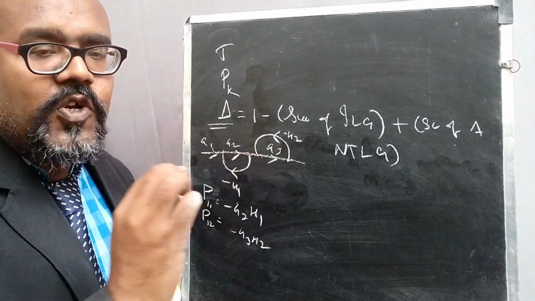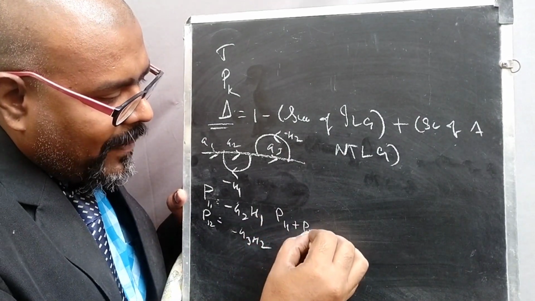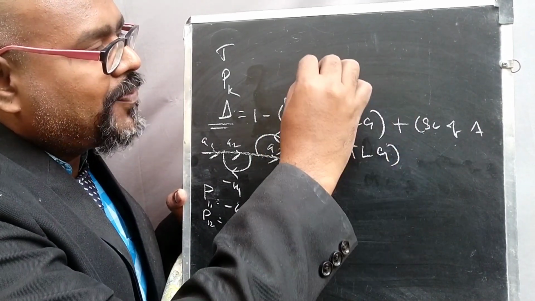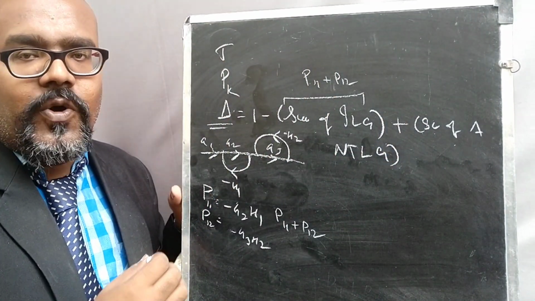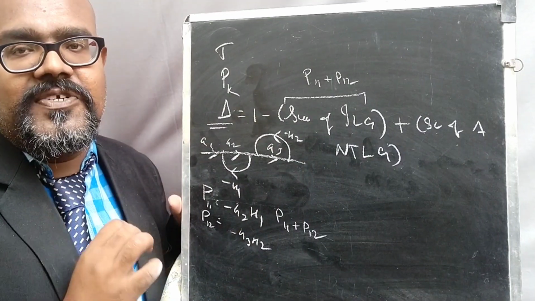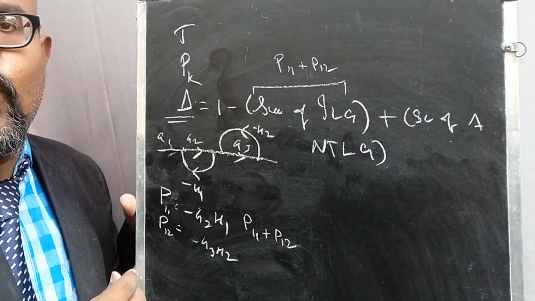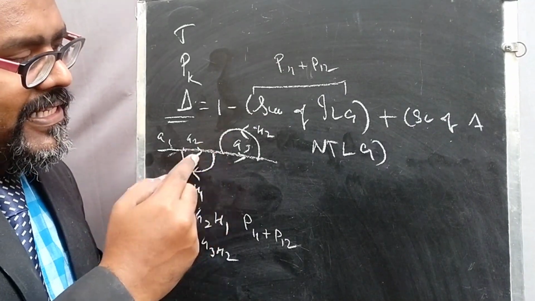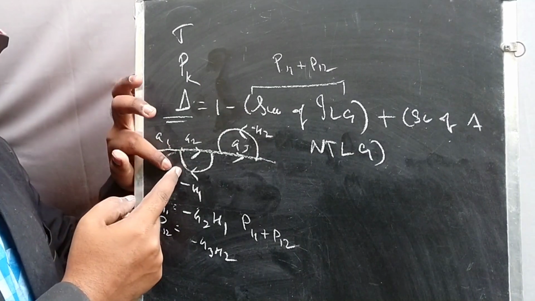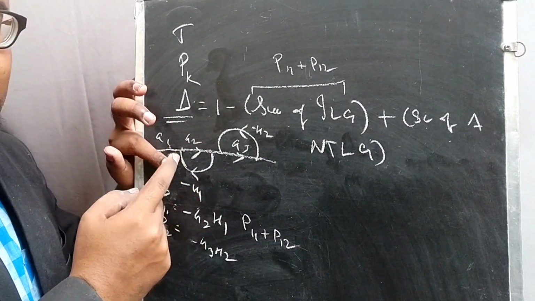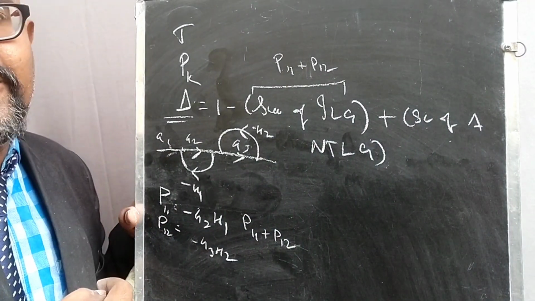So here we have two individual loops. The sum of the two loops is nothing but P11 plus P12. So instead of this particular expression, we can put P11 plus P12. This is the calculation of the sum of individual loops. The next is the pair of non-touching loop gains. Here this is not touchable. Just take one loop as a reference, and whichever loops are not touching this loop, that is the calculation of the sum of a pair of non-touching loops.